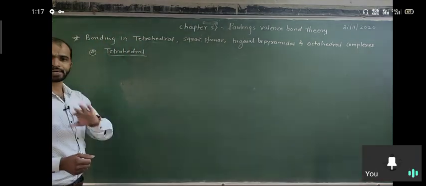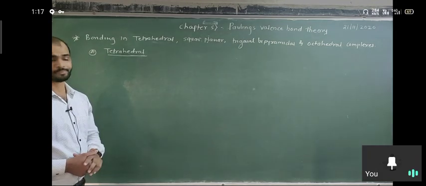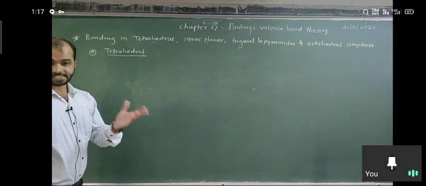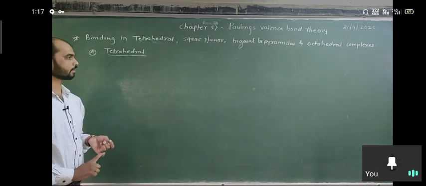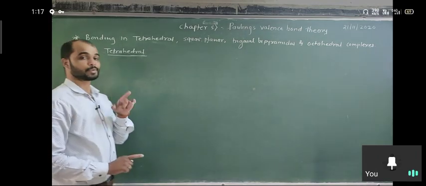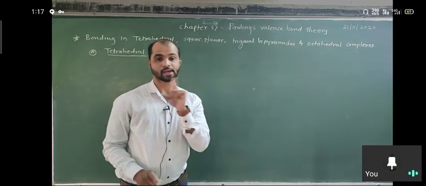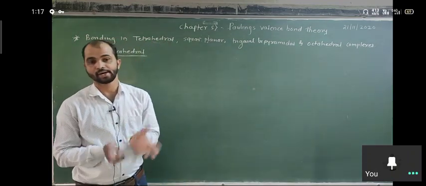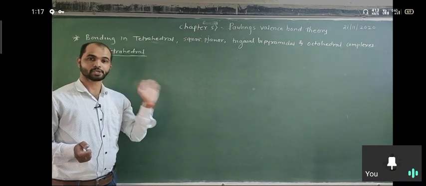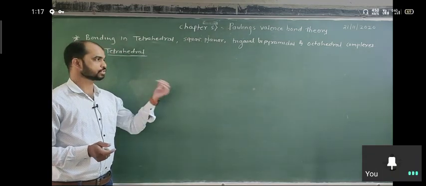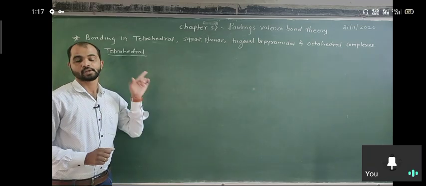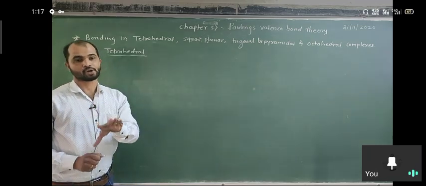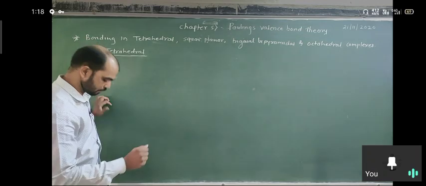Trigonal bipyramidal, no doubt, has coordination number 5. Octahedral has coordination number 6. So first see the coordination number and then try to make available that number of empty orbitals. If the metal provides that number of empty orbitals, then do that. Otherwise use inner or outer, depending on the availability of a particular number of empty orbitals or not. Okay,